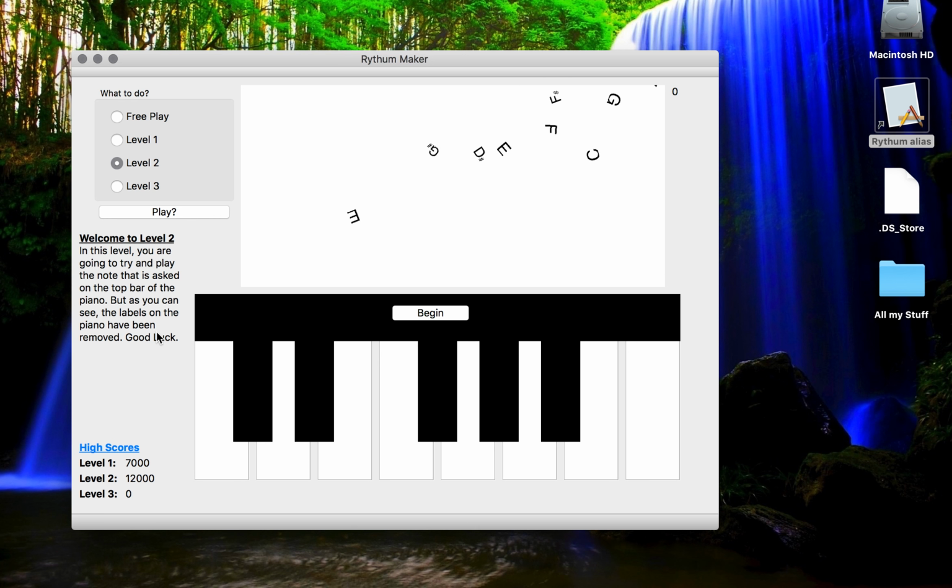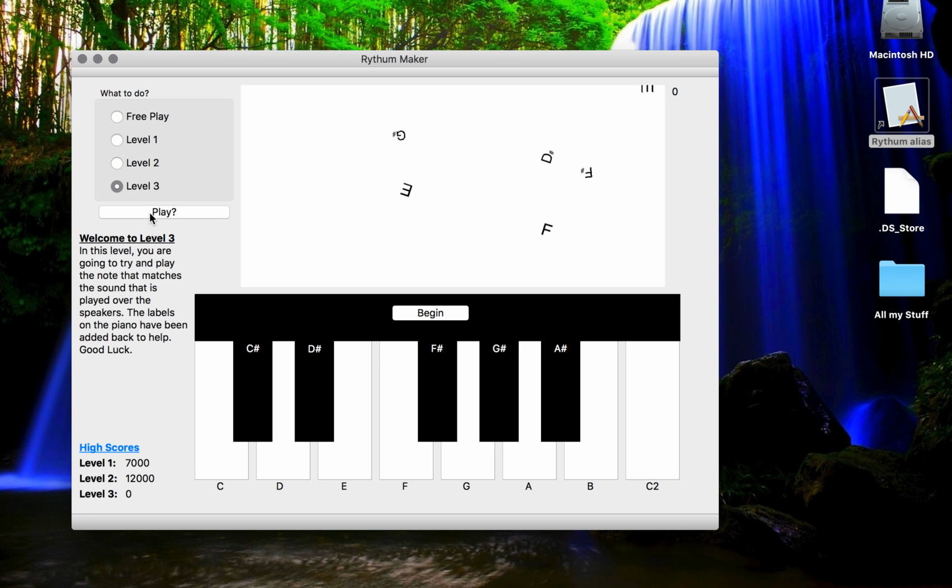So now enters level 3. It says, welcome to level 3. In this level, you are going to try and play the note that matches the sound that is played over the speakers. The labels on the piano have been added back to help. Good luck. So if we click begin,